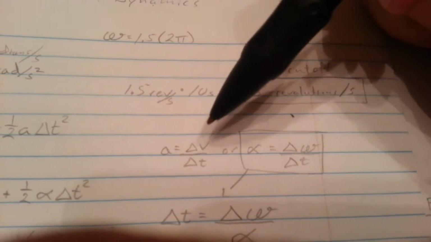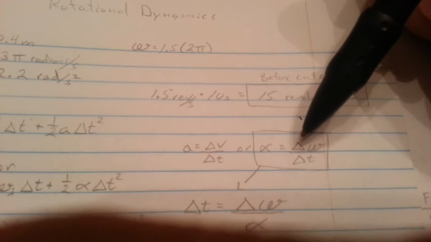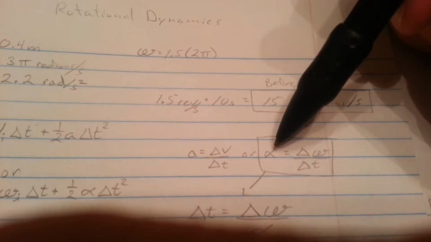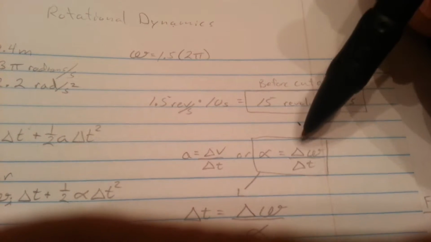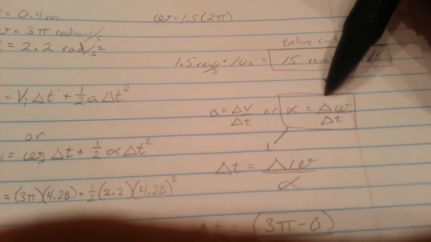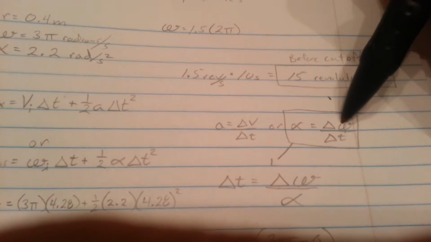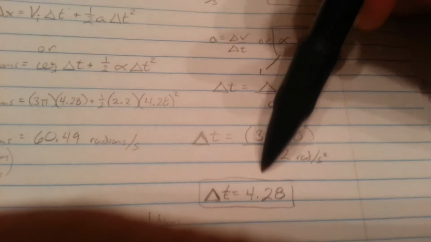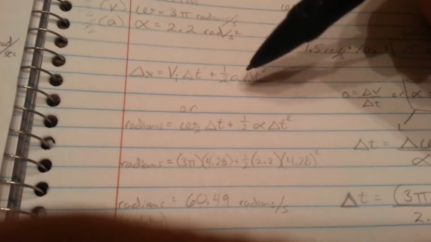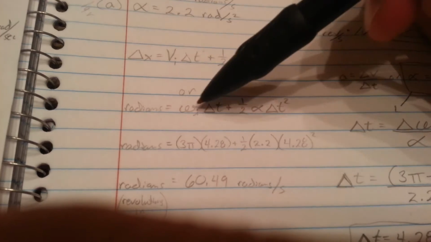And acceleration equals the change in velocity over the change in time, or alpha, which is angular acceleration, is the change in angular velocity over the change in time, or change in omega over change in time. Well, I rewrote that so I could find time since I have these two given. That's going to be 3 pi over 2.2 radians, and that gives me my time. So I plug all my givens, my time and everything, into this equation, and that gives me